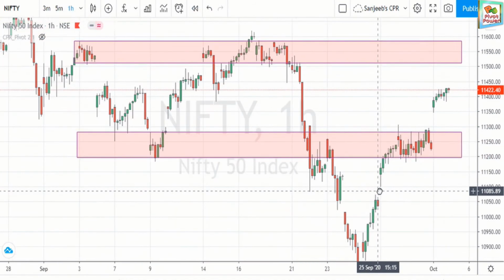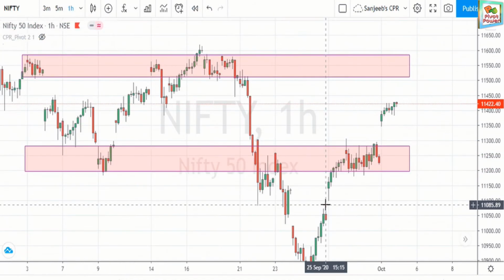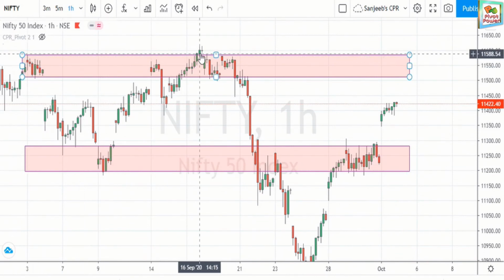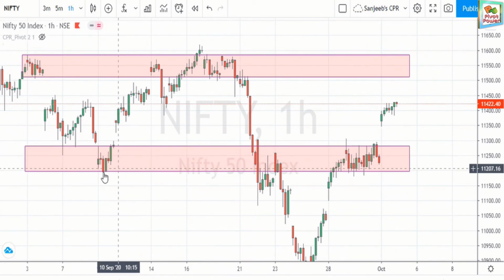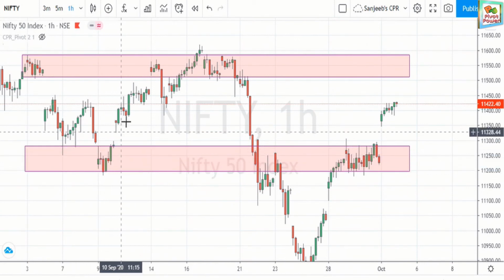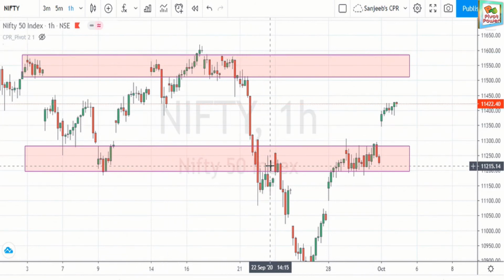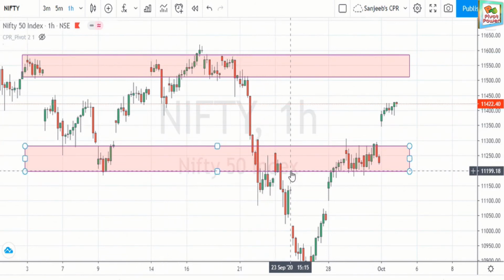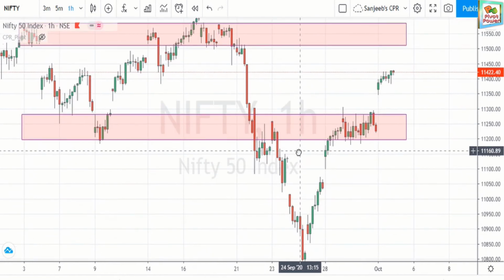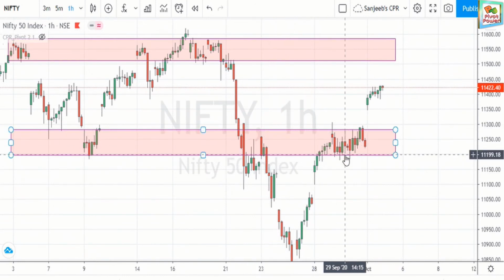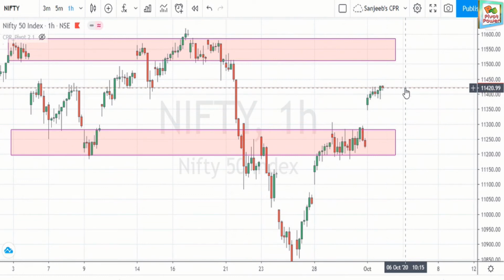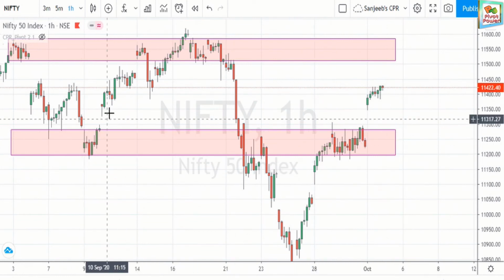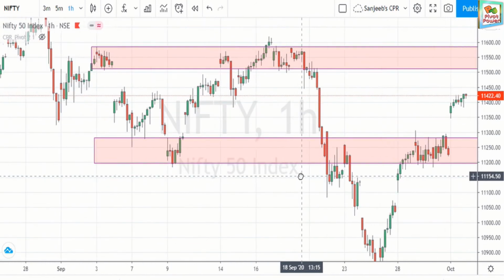See, when the price comes to this level, it is going up. This is an engulfing pattern. You see here, this is engulfing. The price comes to this level, it goes up. After this, it breaks. At this level, it breaks down the demand zone. Then it is going down. You have to wait for this level. At this level, it is going up, which means many buyers are there, huge buyers are there. So for that reason, it is going up. This is the demand zone.